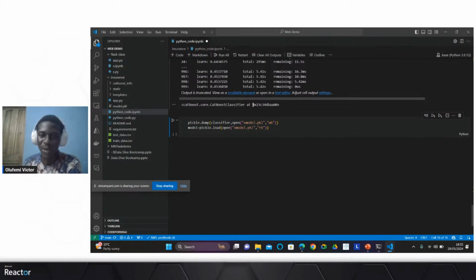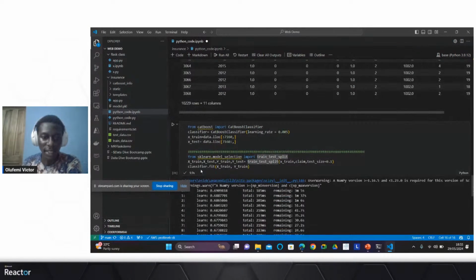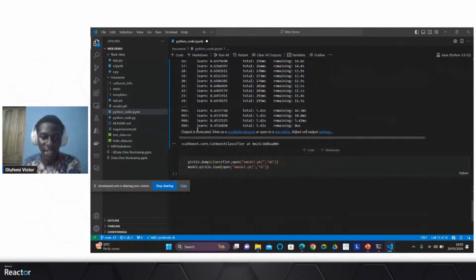Okay, so that's it. We've modeled it and built a CatBoost model, which I then saved in classifier. Then you can use that classifier to make predictions. But of course, this whole workshop is about deploying, because you would have already built a basic model, and now you have to deploy it in a real life setting.